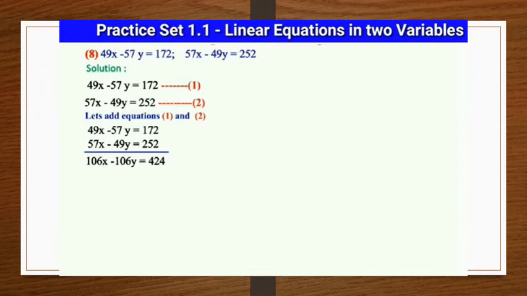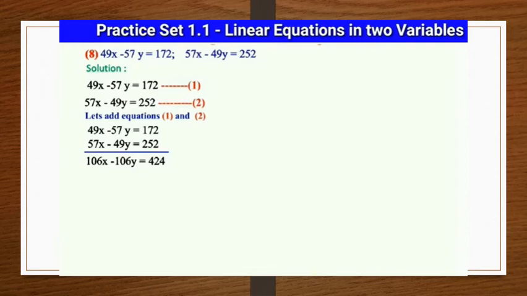Now here we have minus 57y minus 49y. So we have minus minus sign. So again they are same sign. So again we are supposed to add. We get 106y and we have to place the same sign. So that is minus 106y is equal to